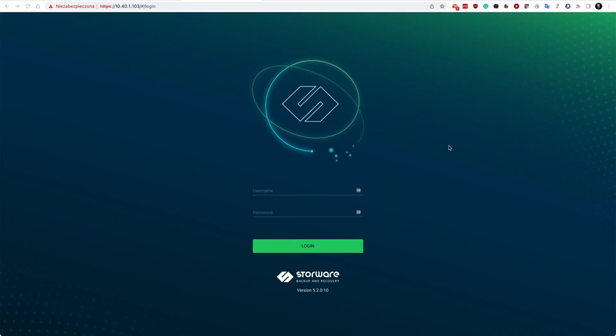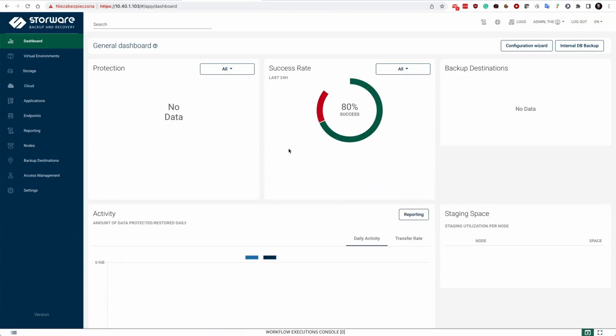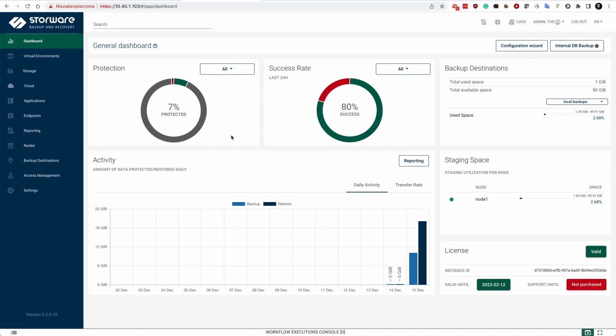Let's start by logging into the administrative user interface. First, I see the dashboard, and because Storware Backup and Recovery supports a wide range of different sources, the virtual environment is the section that we are going to be interested in. I see the status of my previous backups and the status of my nodes, so node, or data mover, is the actual synonym, and nodes are responsible for actual data movement from your Kubernetes cluster to the backup destinations that